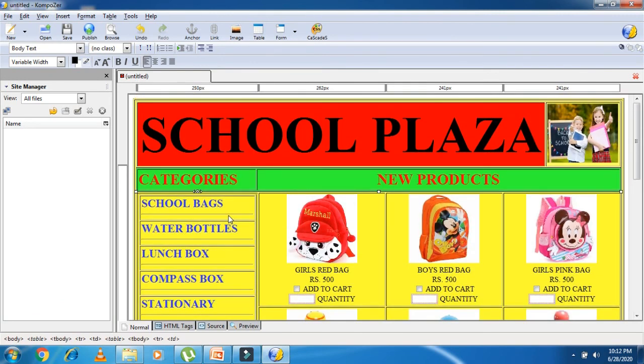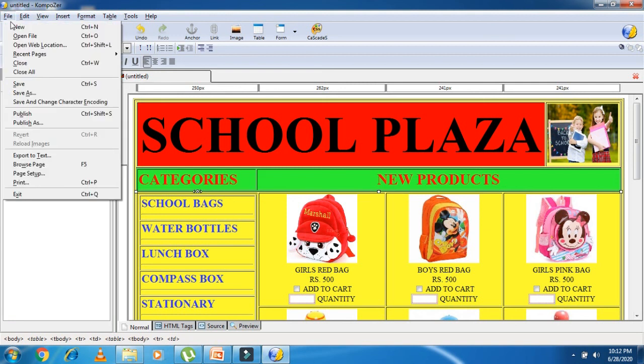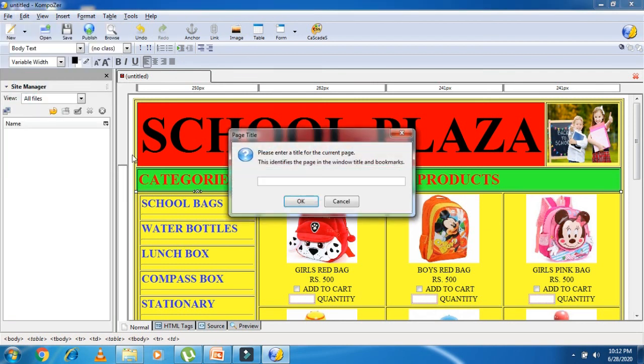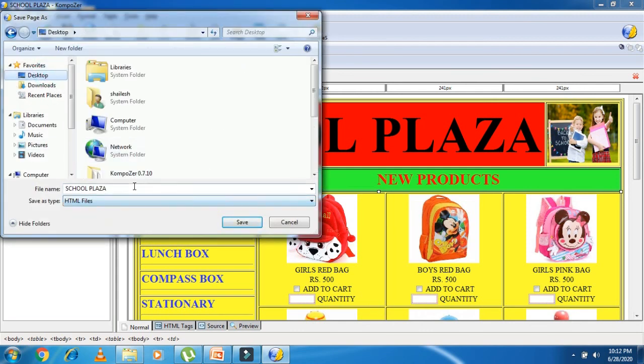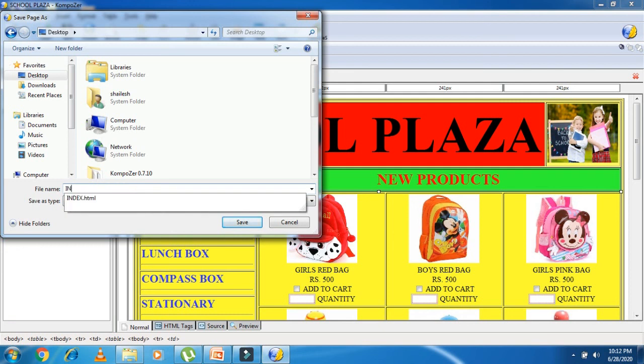You can see here. Now I save this page by the name index.html. So go to the File option, Save, page title I'm writing School Plaza, and page name I'm writing here index, and saving this as the index page.